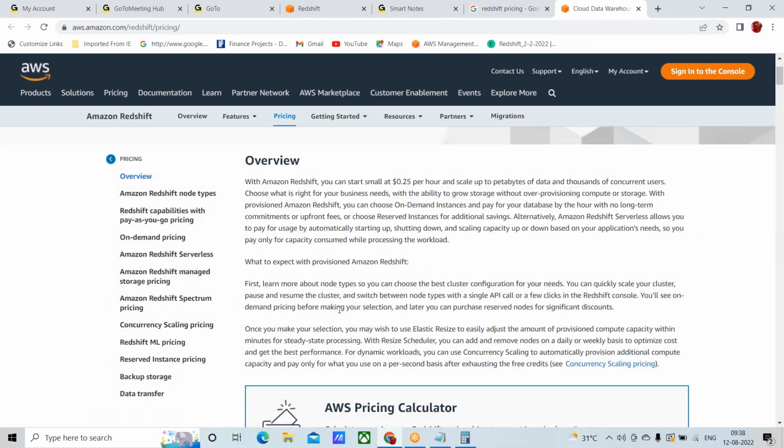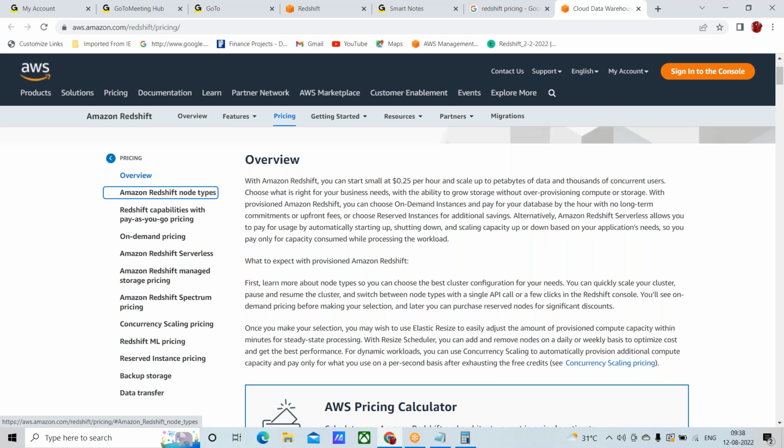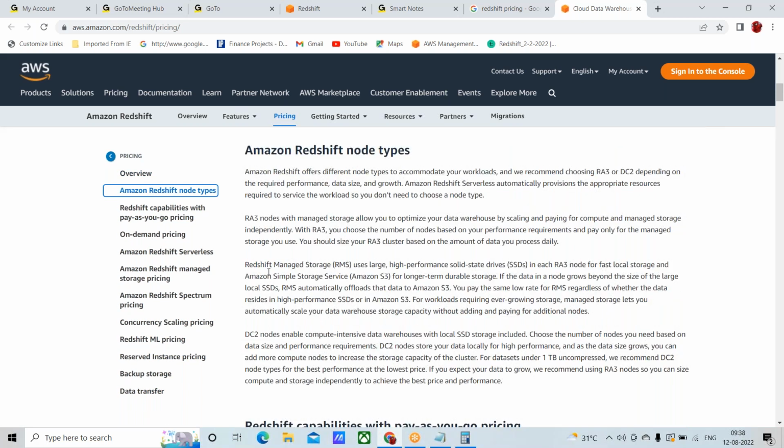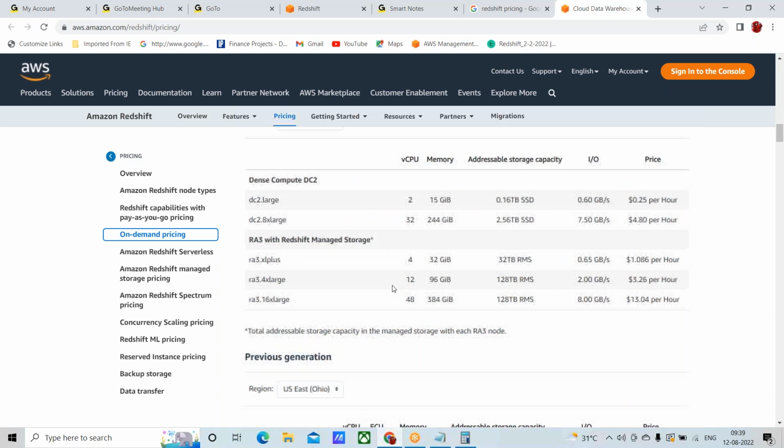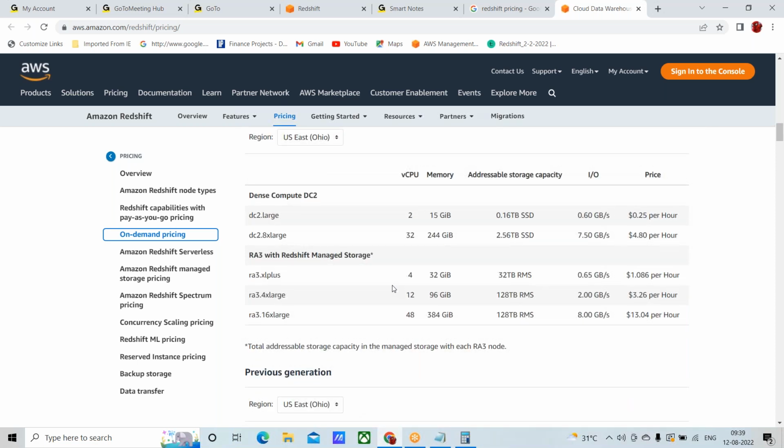So here, it talks about all the nodes. Down there is some table, talking about what will come with each node configuration. So dense compute, that is DC2 large and DC2 8x large, RA3 XL plus, RA3 4x, RA3 16x. Okay, so DC2 large will come with main memory 15 GiB, means